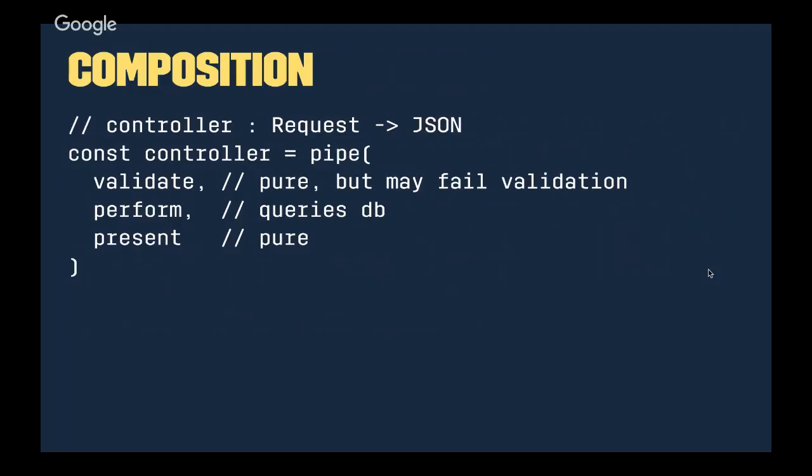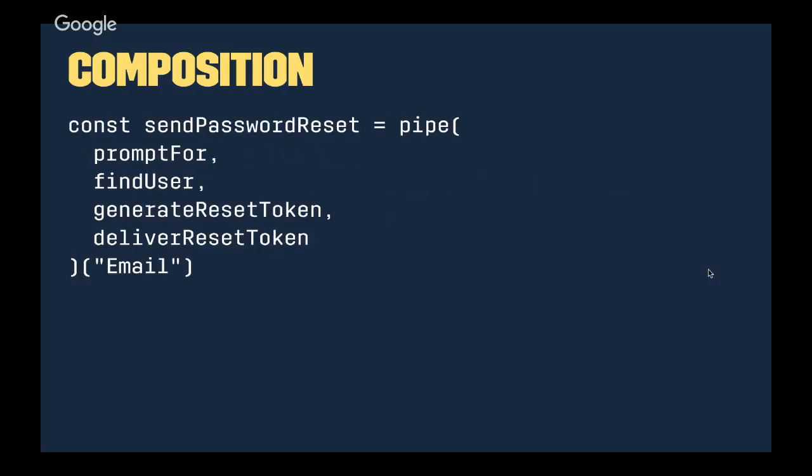Perform is a reasonable enough function, but it needs some connection to a database that isn't always present or obvious. It has side effects and changes the world somehow. Present is a relatively nice pure function. I need some way of wiring them all together. I still want to think of it as a pipeline, but they don't plug up end to end. We're going to take for our topic today a relatively simpler, lower level example. The motivation is I want a command line tool that a user can use to request a password reset for some service.